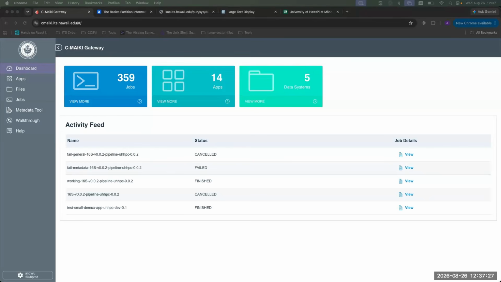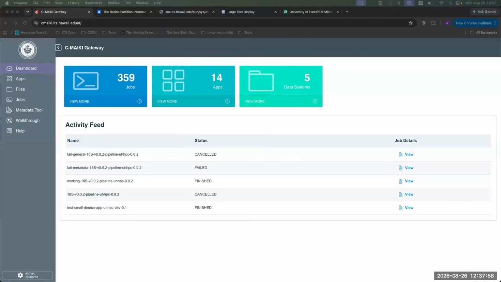As well as some very basic troubleshooting that anyone can do right off the bat in case they run a workflow and encounter some issues, before you reach out, or even when you do reach out, what to look for, what to share, etc. So that being said, the gateway's main components can all be found here in this little side toolbar. You have your apps, which are your pipelines, your workflows, etc. You have your files, which is your file navigation, jobs, which are the applications that you have submitted a job with,